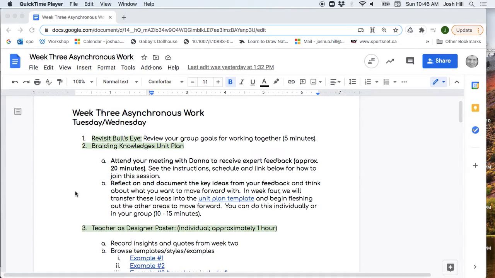Remember, first of all, when you arrive in the room, be sure to introduce yourselves to Donna, and then you'll spend some time sharing with her your initial thinking. Remember to frame it tentatively. You want to open things up so she feels willing to give you feedback, but you also need to give her enough information about what you're thinking so she can give you good feedback. And then be sure to take notes and listen to all the different ideas she shares. Feel free to ask follow-up questions. Really make use of this time.